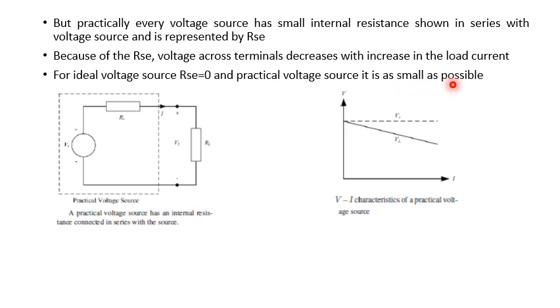So just you can differentiate here the ideal voltage source and the practical voltage source. The ideal voltage source gives a constant voltage. There is no internal resistance in the case of an ideal voltage source. In a practical voltage source, there will be some small internal resistance. Due to that internal resistance, you can find a small voltage drop. So see, observe the voltage drop here. This is the drop in the voltage VL due to the practical voltage source.